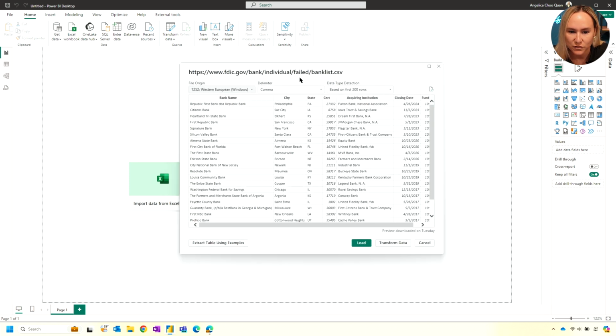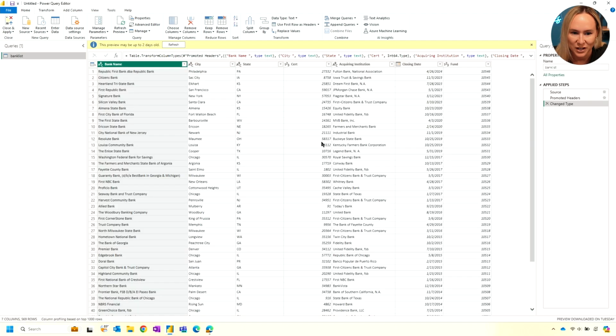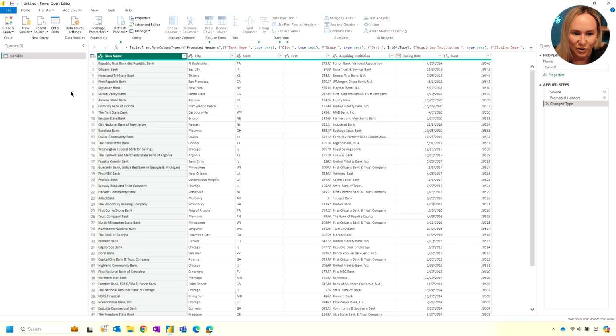Here we've got a preview of our data, and we aren't going to load it because we've got to clean it up a bit. So we're going to hit Transform Data. And we're going to bring this into the Power Query Editor. All right, so best practice always when you're getting started, go ahead, rename your query. Our query was named Bank List, but it's really a list of failed banks, so I'm going to rename it